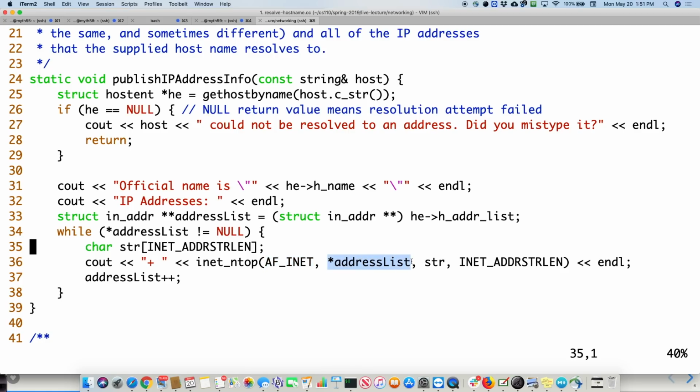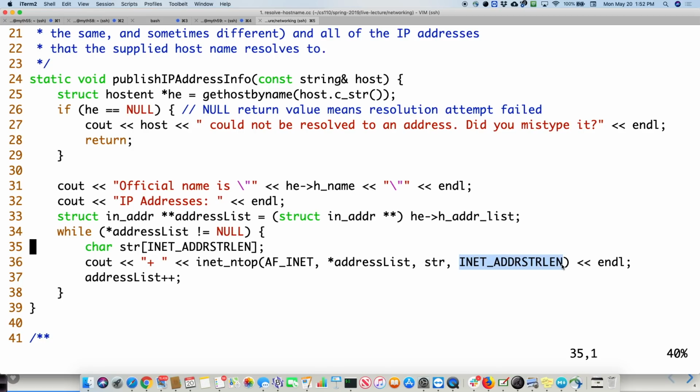Okay, it says, give me the actual pointer to the address itself. Okay, and then give me a string to populate it with, and that's what we've done up here. And we know that INET_ADDRSTRLEN is the maximum length of an IP address, as it turns out, so we know that's okay. And then how long it is is also passed in so that it won't write over the buffer. Once you do that, it takes that number and it forms it into a nice 172 dot whatever.